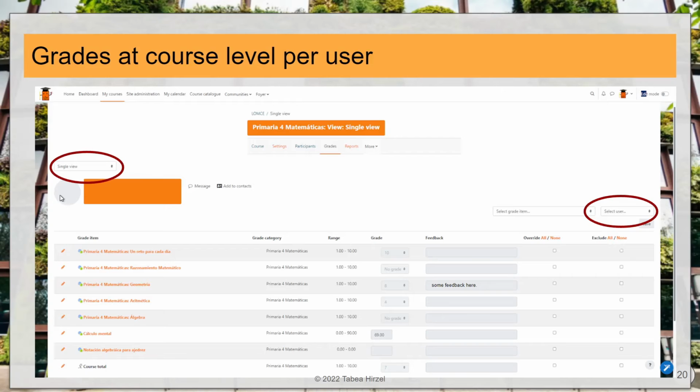You can see I hide the identity of the student here, but you can see that this student in mathematics of primary school in Spain achieved a grade 10, here no grade, here 8, 4. I have to say this is still a testing platform, so it's not the fault of the student, it's more the fault of my development. And it will give you an average number for the whole course, which you can then use as a kind of score for the final evaluation.